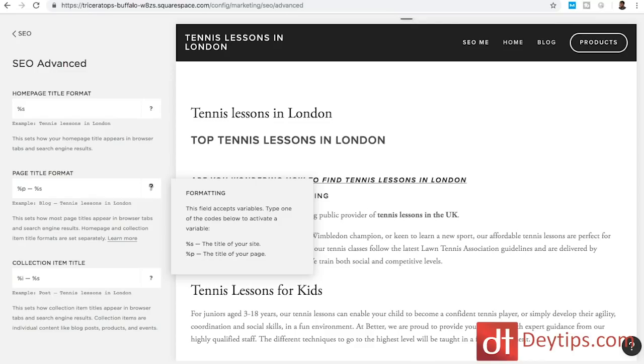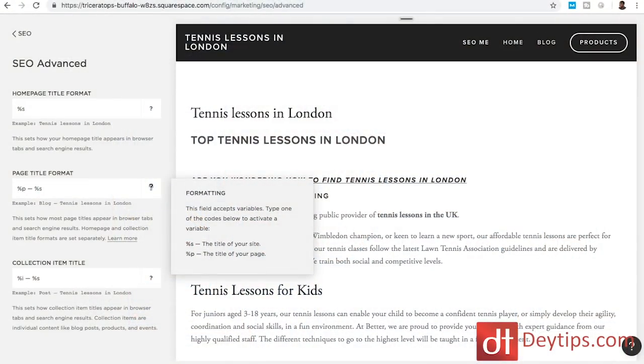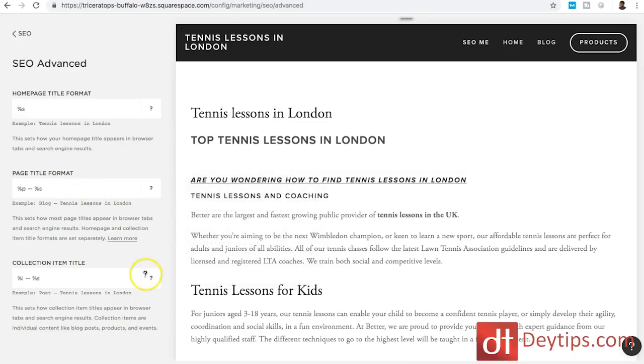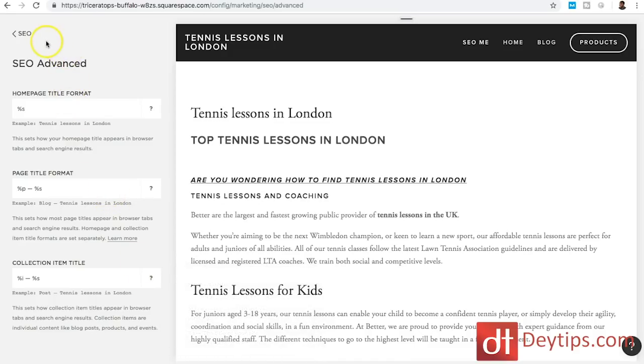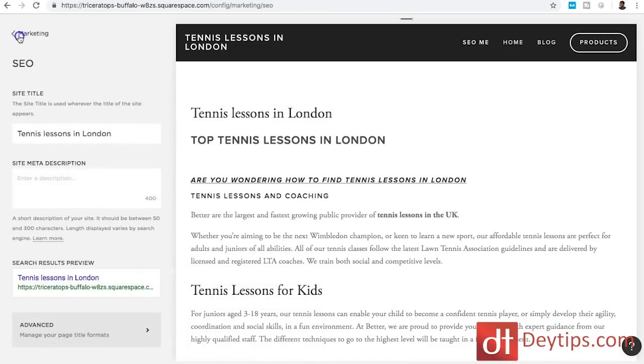Now the reason why I say that is because you want each and every page on your website to be optimized differently. You don't want them to all be the same. So you want to pick the second one, which is the page title. And the same with your collection item down here, you want it to be the title of your actual page. So if you go back,